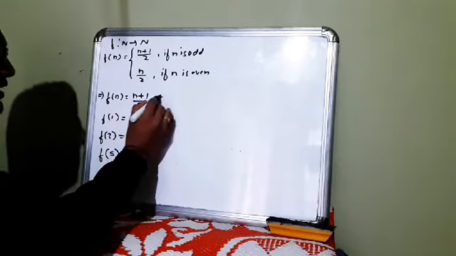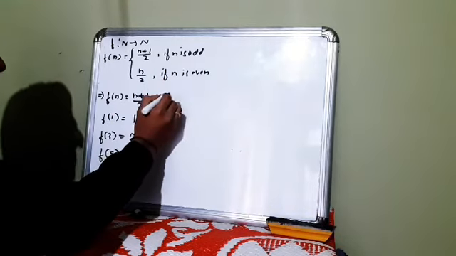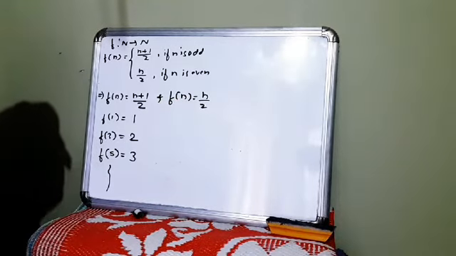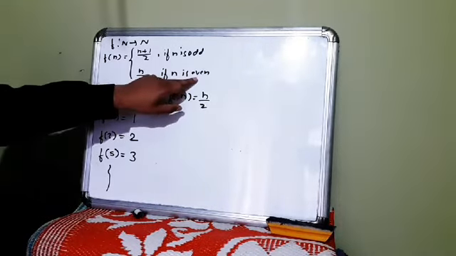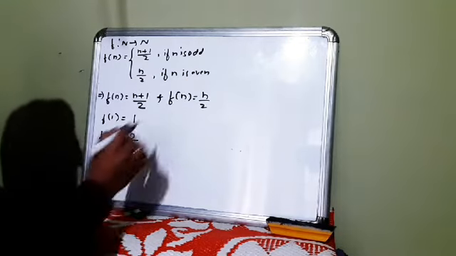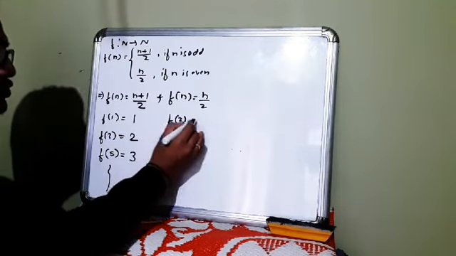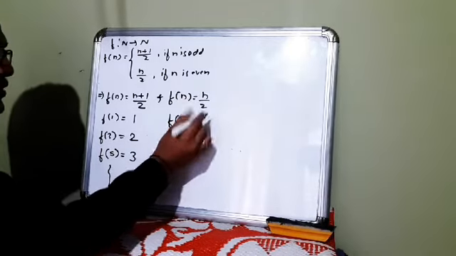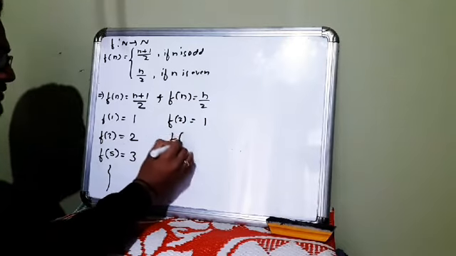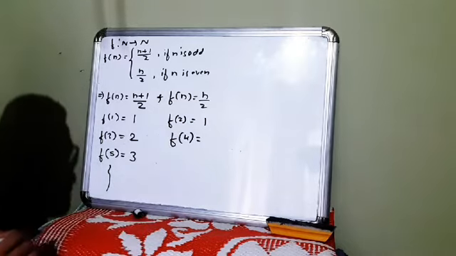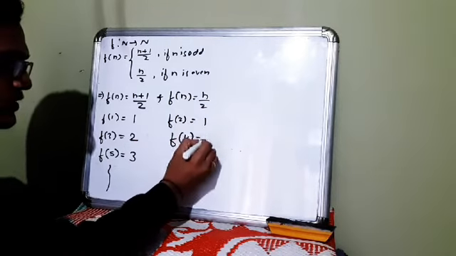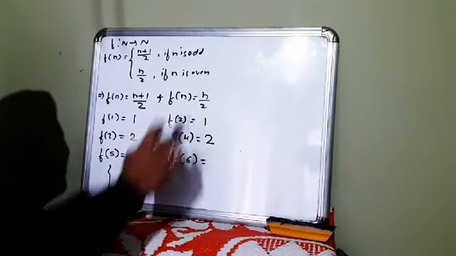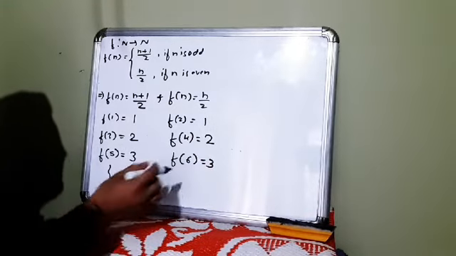Okay. And similarly, I'll take the second condition. If n is even, then we have the function f of n is equal to n by 2. Right. Now here we have to put which numbers in the place of n? We have to put even numbers. So I'll start with 2. Then f of 2 is equal to 2 by 2, we get 1. Suppose I put the next even number 4, then it will be 4 by 2 is 2. If I take the next even number 6, 6 by 2 is 3 again, and so on.